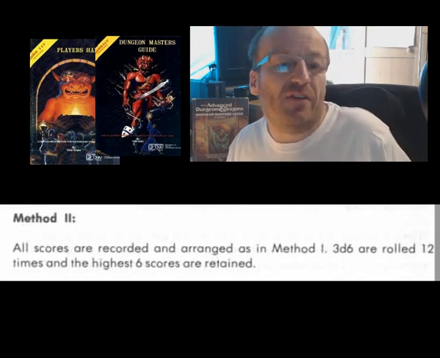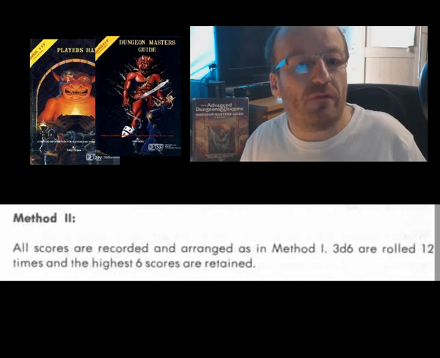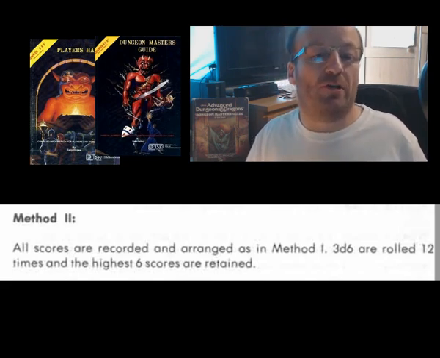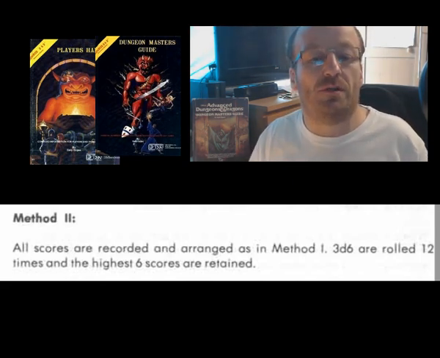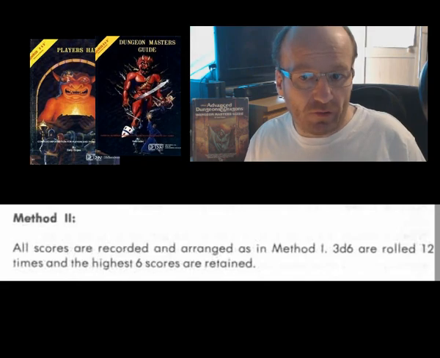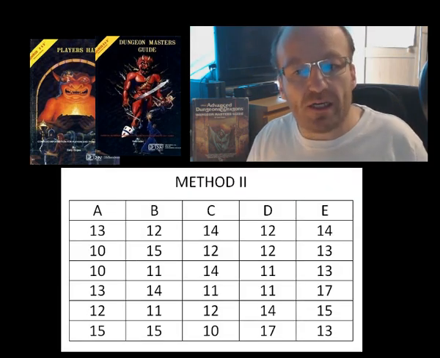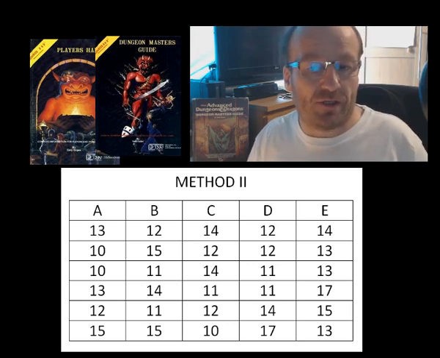Method 2 next, and this method involves each player rolling 3d6 12 times, and then dropping the 6 lowest scores to produce 6 scores that they can then rearrange in whatever order they choose. And here are those results. Note straight away that there are no single-digit stats here. Removal of the 6 lowest for each set of scores